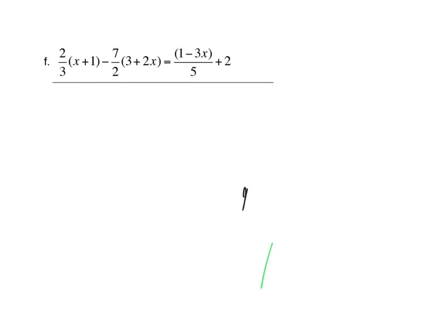The problem is that we have fractions, and I don't like working with fractions so much. I know that this is one whole term, this is one entire term, this is a term, and finally that's a term. All of these are separated by an equal sign, a minus sign, or a plus sign, and there's multiplication between them. That's important because we're going to multiply each term by the